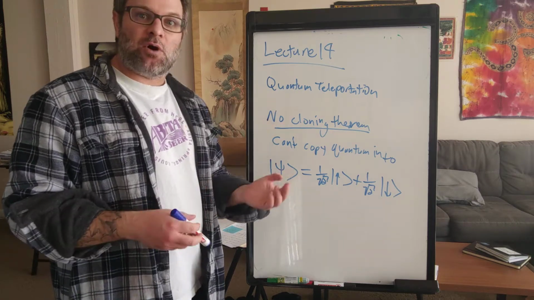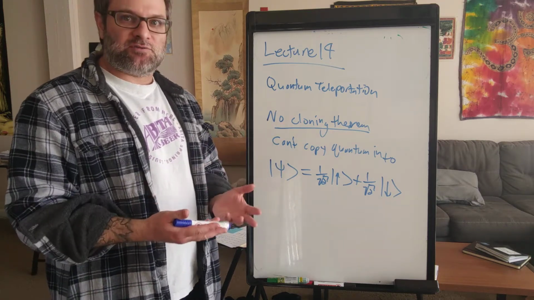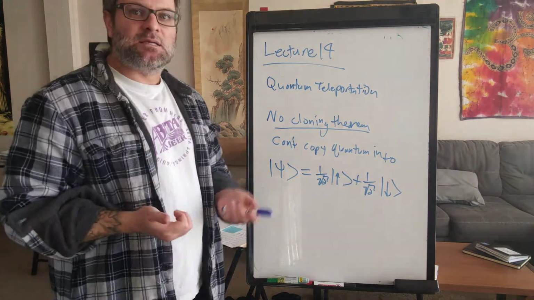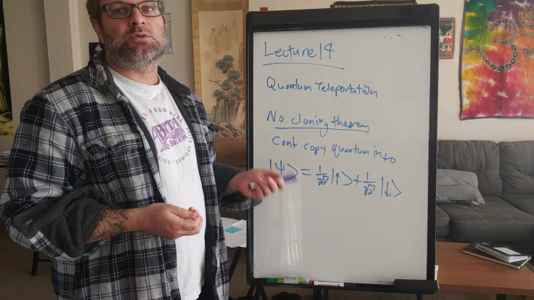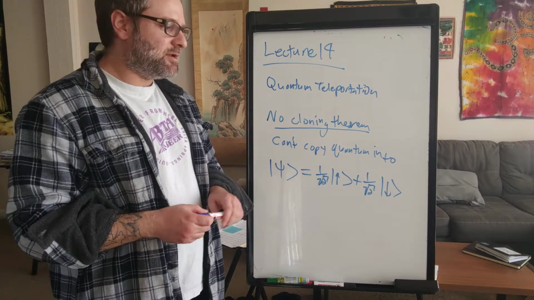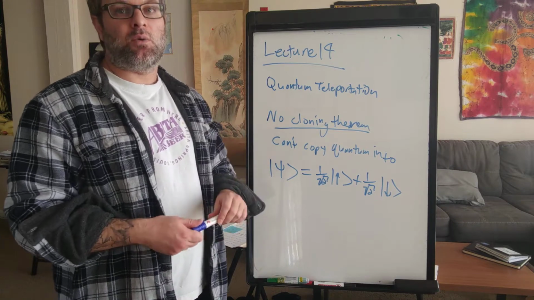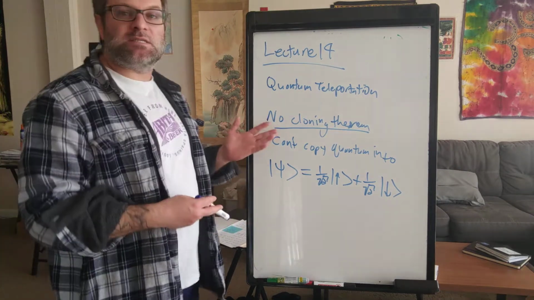So when we observe a quantum state, a consequence of the observer effect, a consequence of the measurement problem, is that when we measure a quantum state, we lose the information about it, okay? So the no cloning theorem just states that we cannot copy quantum information. And this is the reason that